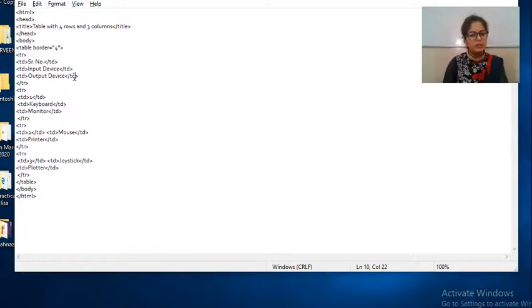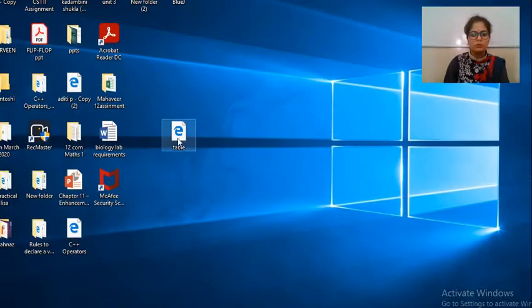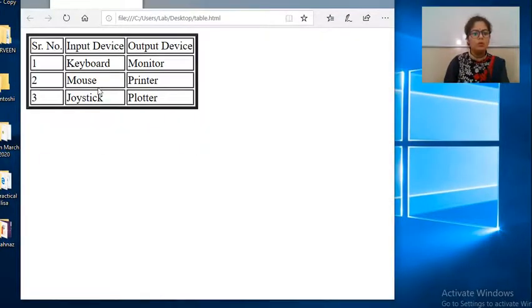This is how I have replaced all the header tags with the td tag. Now save your file and check the new output. So execute the code.